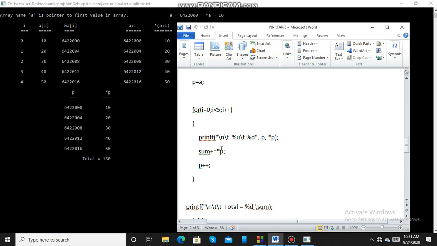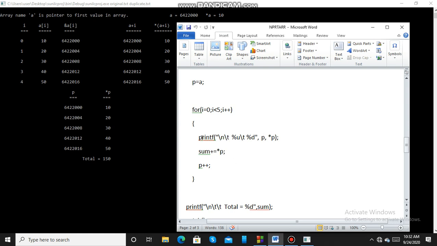Now that value I am adding to sum. Sum plus equal to star p means sum is equal to sum plus star p. Star p is the value, that is 10, that I am adding to sum. Sum initially was 0, now it is 0 plus 10, it has become 10. P plus plus means I am incrementing p, it goes to the next address.